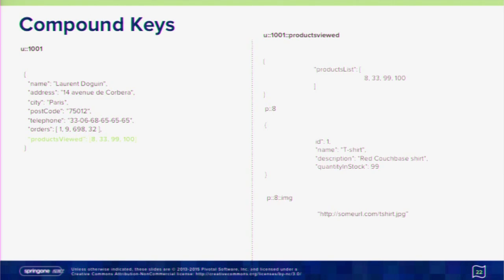Right, so what you can do is actually mix this and use compound keys. So basically, my key could be user dash a counter, which is the user counter, dash something else, and then you can go even deeper than that. And if you want all the products associated to a user, your key will be user dash the counter dash product dash number of the product, which gives you the document product, because there's always this thing you need